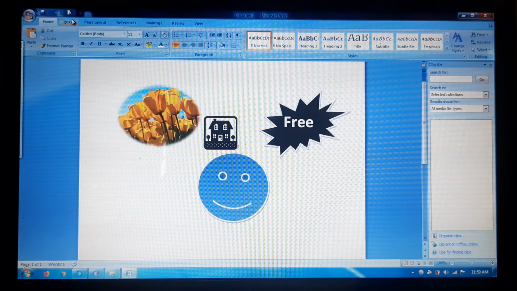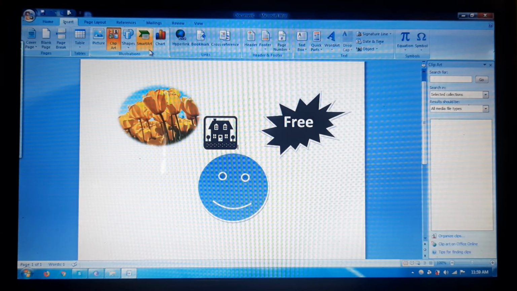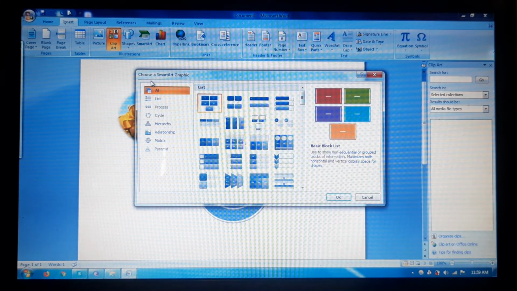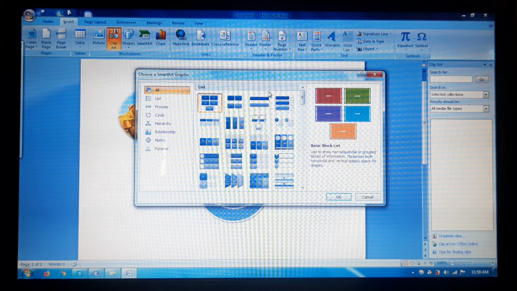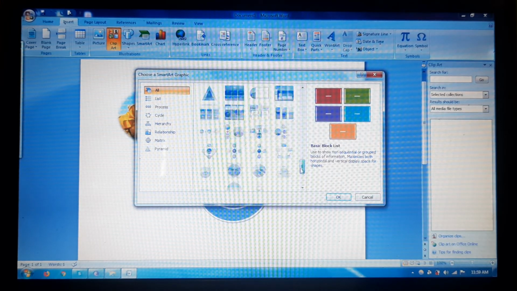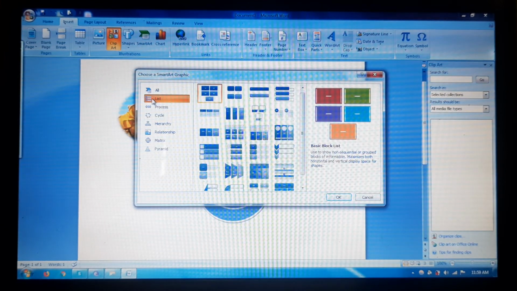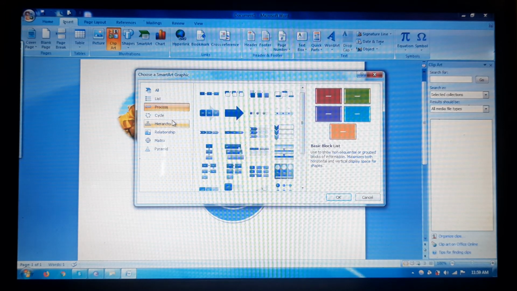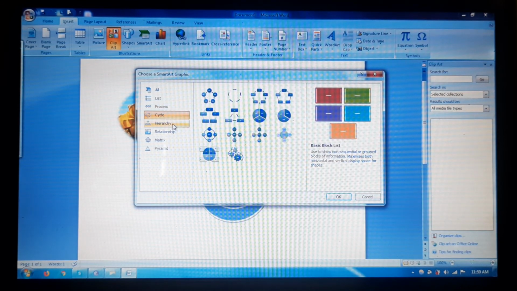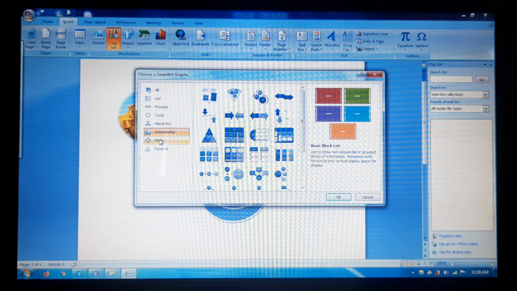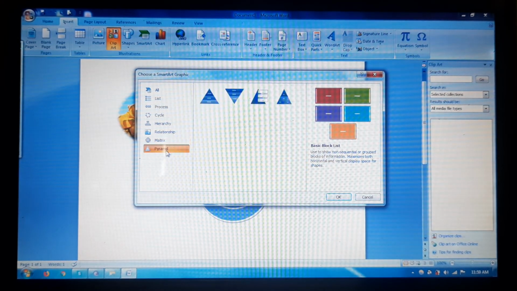The next is SmartArt. When you click on SmartArt, you will get the SmartArt dialog box. In this dialog box, the list of all the SmartArt is available. If you click on list, you will get different options for process, cycle, hierarchy, relationships, matrix, pyramid.